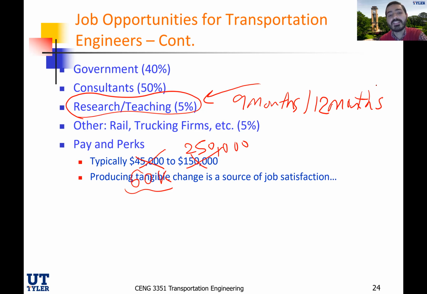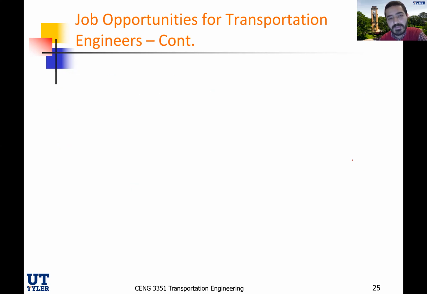Produce tangible changes. That's also a nice thing. You're going to get to see it. You're going to have a good source of satisfaction when you do something that gets installed in your city. For example, a couple of years ago, I was involved with the bike lane project for the city of Thailand. I was the one who designed it, planned it, and then delivered it to the city. Now the city is soliciting for contractors to do it. Once it's done, you have a bike lane, and you're going to feel the satisfaction that you did something good for your own city.